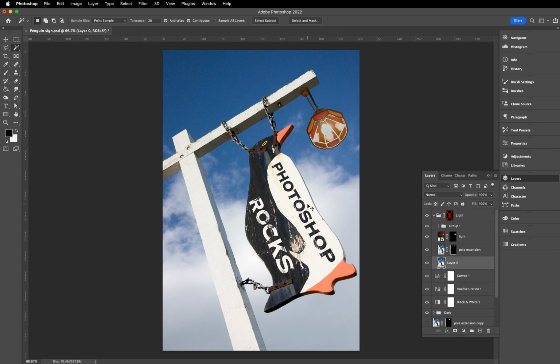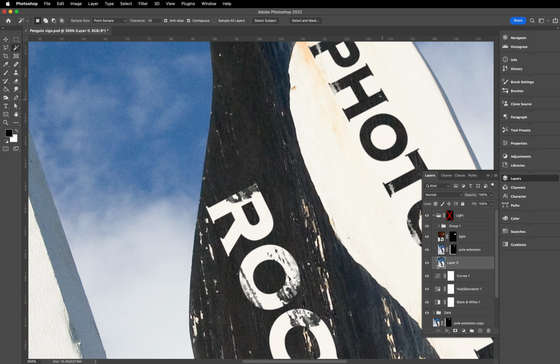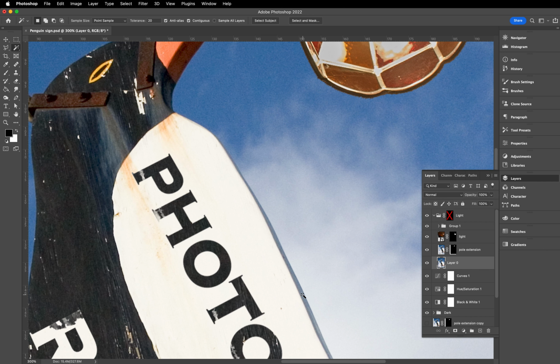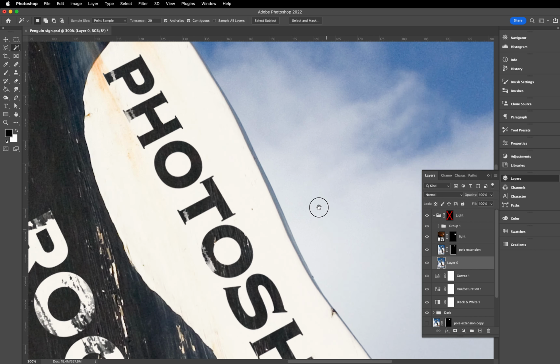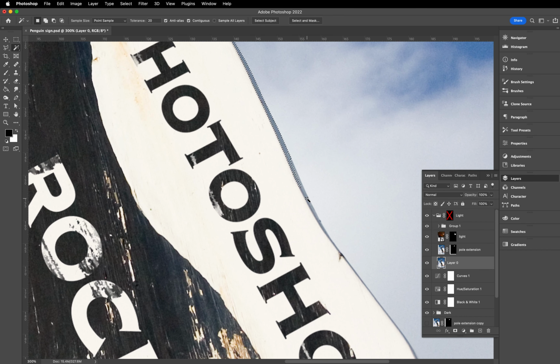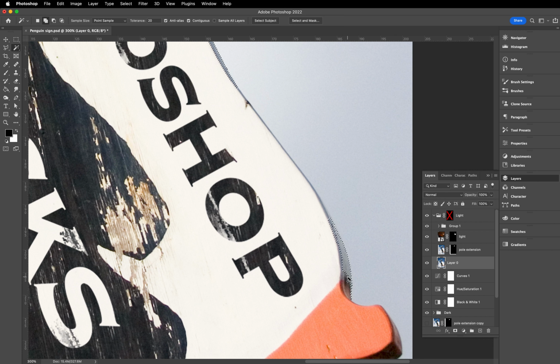And if we blow this image up just to look at this edge of the sign, it's because it's in some places not too dissimilar to the background. So with the magic wand tool, and I've got it set to 20 at the moment, we'll see how that does. So that goes up to the top there, and we can then shift click. Let's get the easy part. I'm clicking with the Shift key held down to add to the selection,